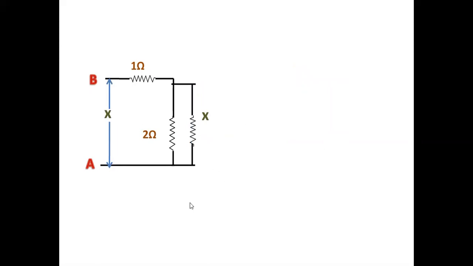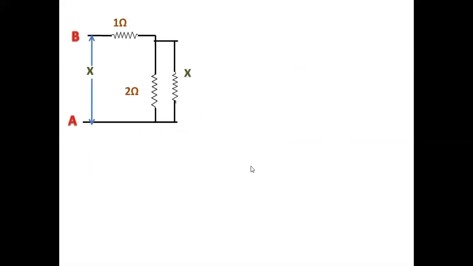So now we solve this one. This is 2 parallel x, plus 1. That should be equal to x. 2 parallel x, 2x by 2 plus x, plus 1 ohm must be again equal to x. The same x, because adding one more ladder shouldn't change x. So first equation I can write like this. This x must be equal to 1 plus 2 parallel x. X equal to 1 plus 2x by 2 plus x.